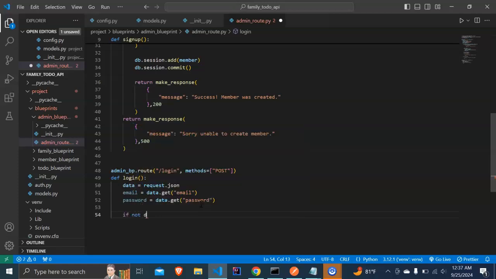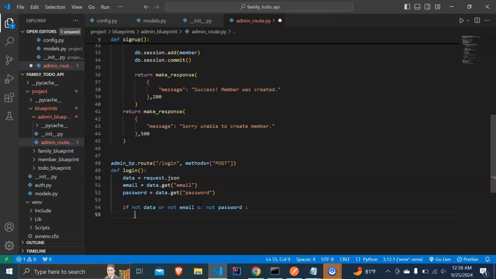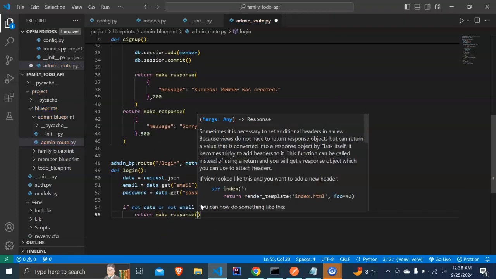Say if not data. So if we don't get a request, or the request does not have an email or a password, we want to return a response that says,